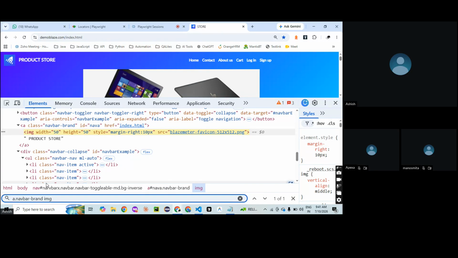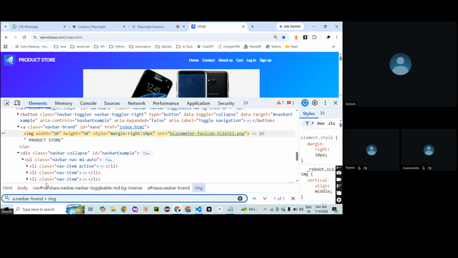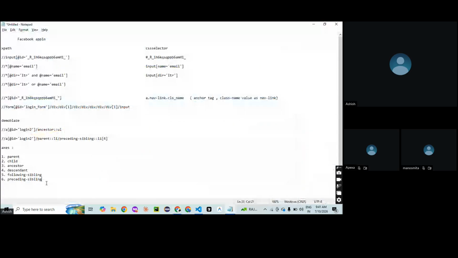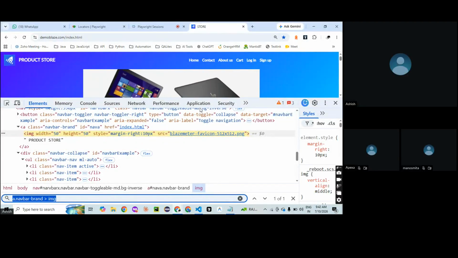So you can give space if it is just next, okay, just direct, or you can use arrow sign and then you can say image. Okay, that is also perfectly fine. So I'll just copy this and paste it over. So this is for traversing in case of CSS। आपको किसी एक पर्टिकुलर टैग से दूसरे टैग या चाइल्ड टैग पे जाना, you have to use arrow or you can directly mention without arrow if it is just the next child। Okay, पहला चाइल्ड है उस पे जाना है। और अगर समझो nth चाइल्ड पे जाना है, पोजीशन, जैसे UL है,